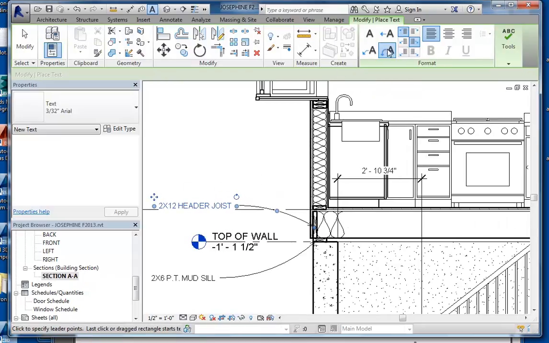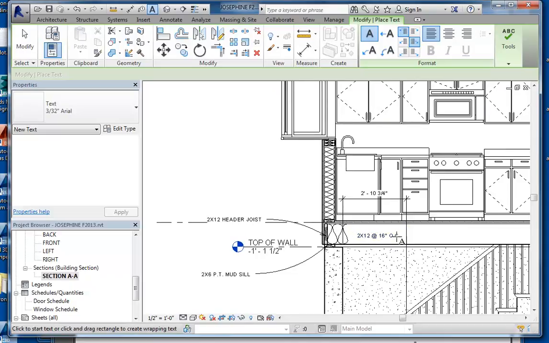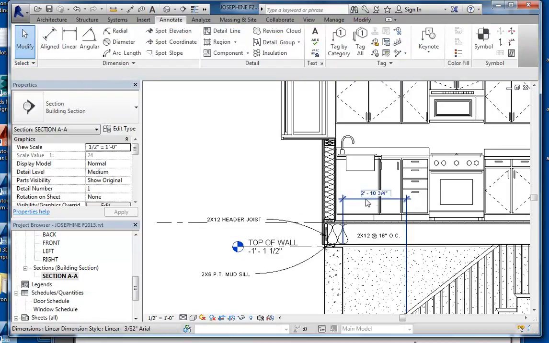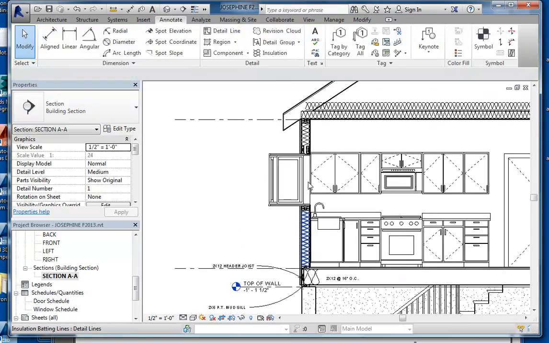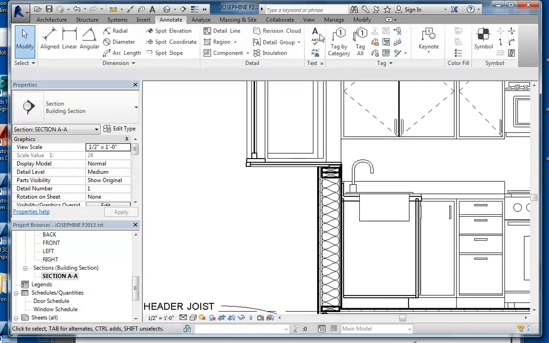And I can turn off my labels and just put in 2x12 at 16 inches on center. Again, verify if that's true. Make sure that you're looking up the spans that you have for your project. Don't assume that it's correct just because I'm putting it in here, because this is based on my project. And in some cases, I'm not even looking things up because I want you to know how to do it. Okay? So we would point to this